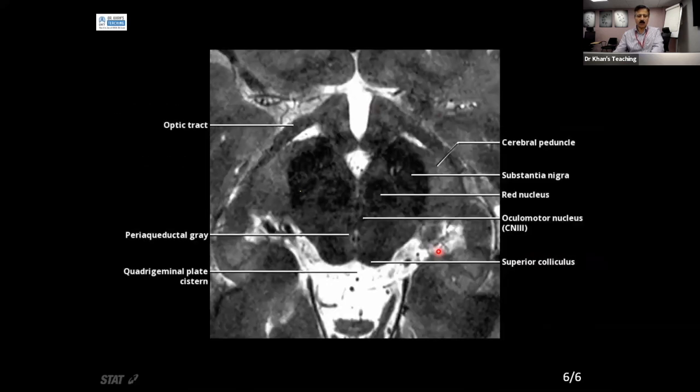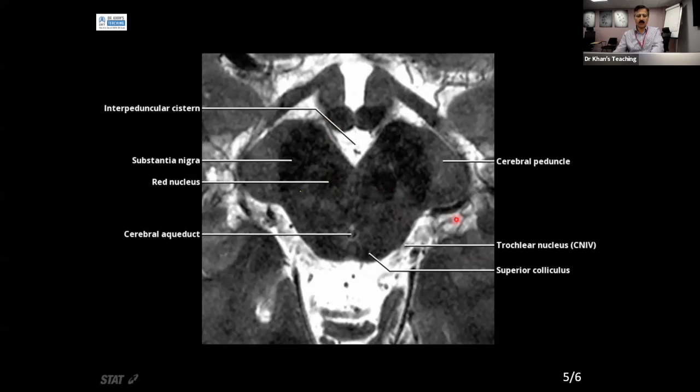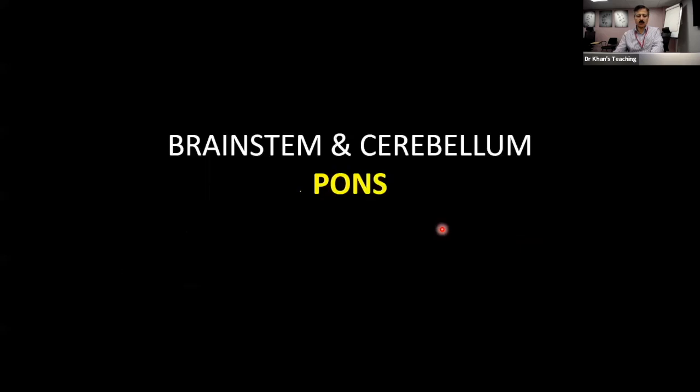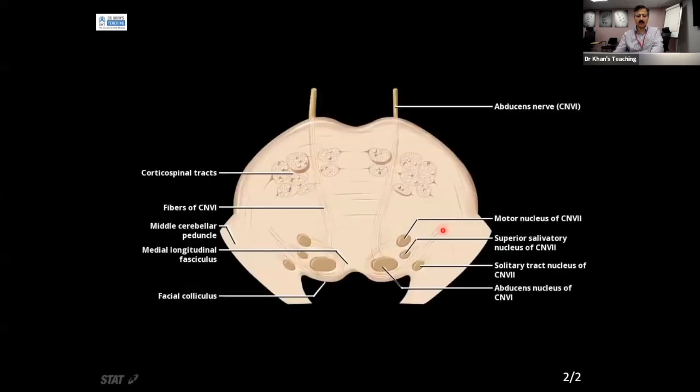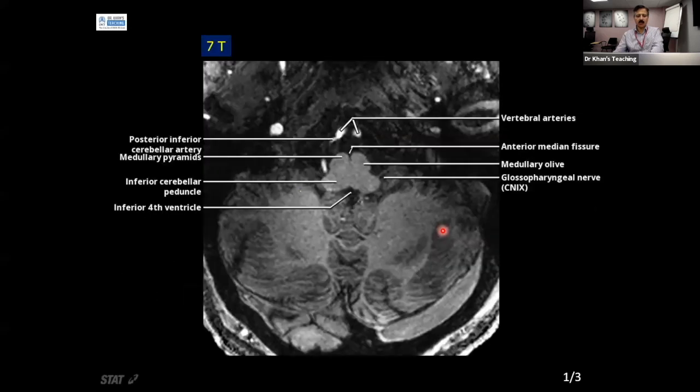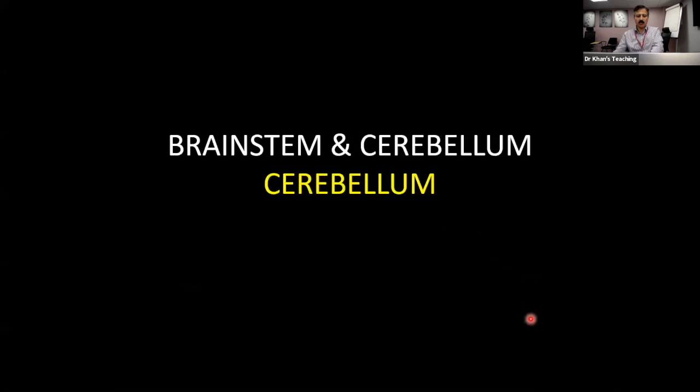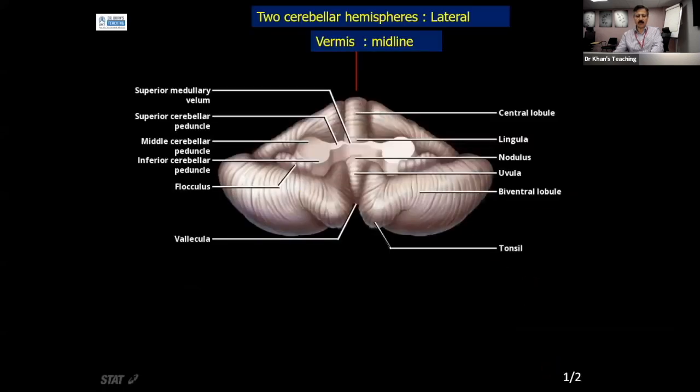Same part of anatomy, which we have already learned. So this is ambient system, and the posterior cerebral artery also goes through the ambient system. So rest of this anatomy, I think we have